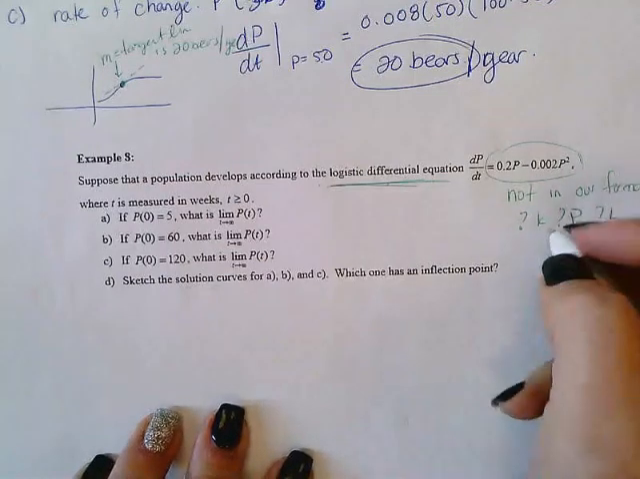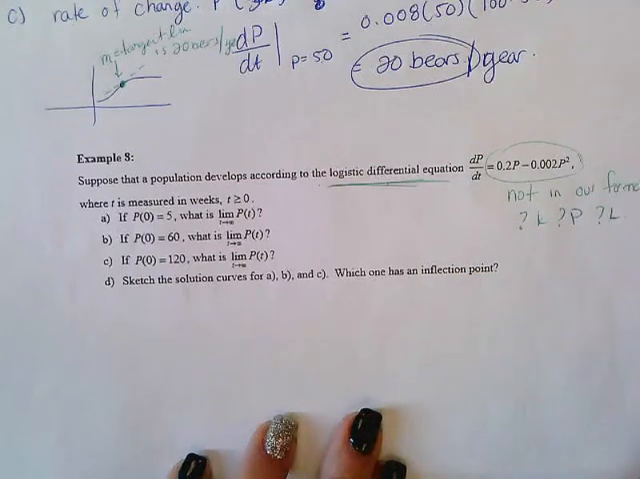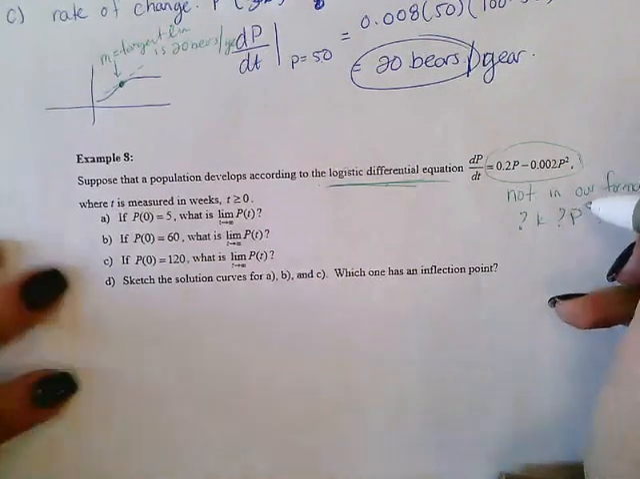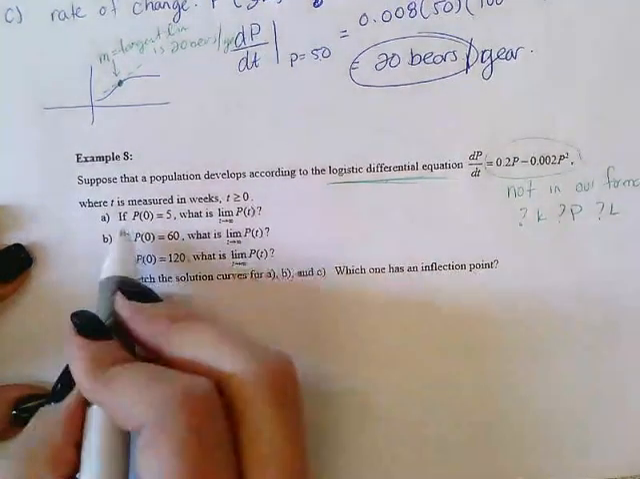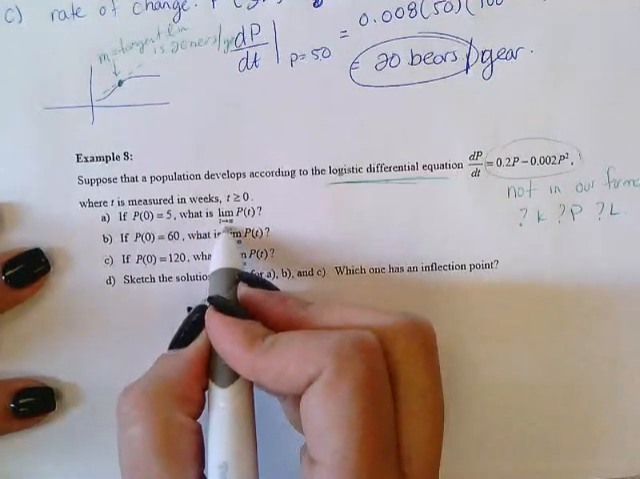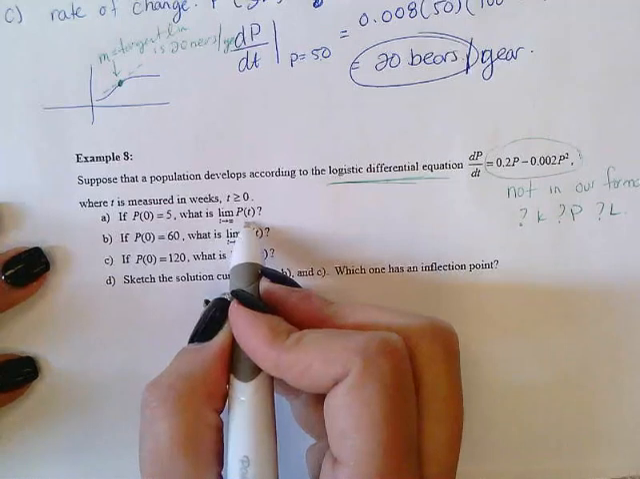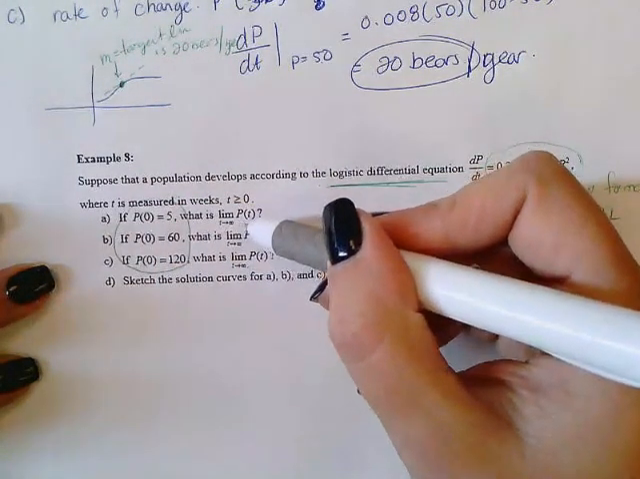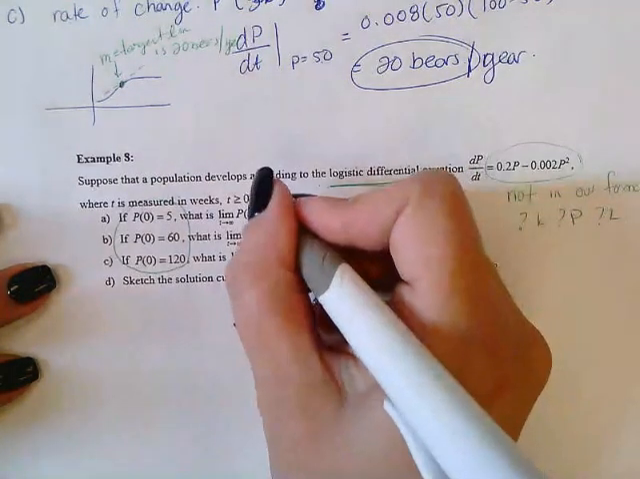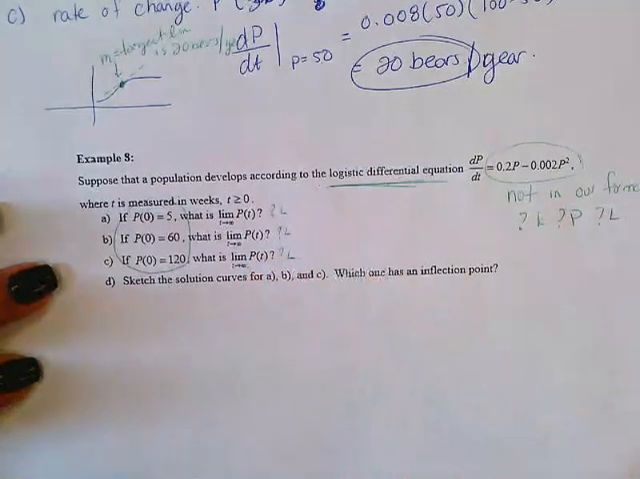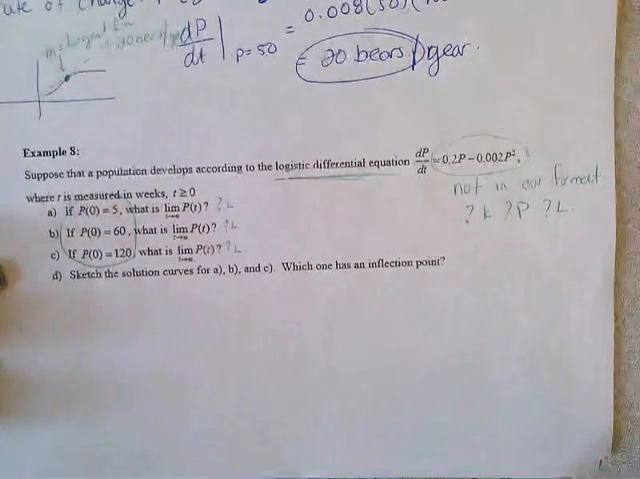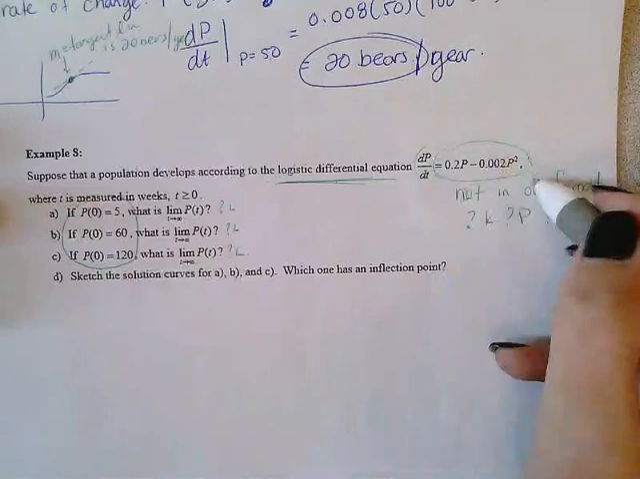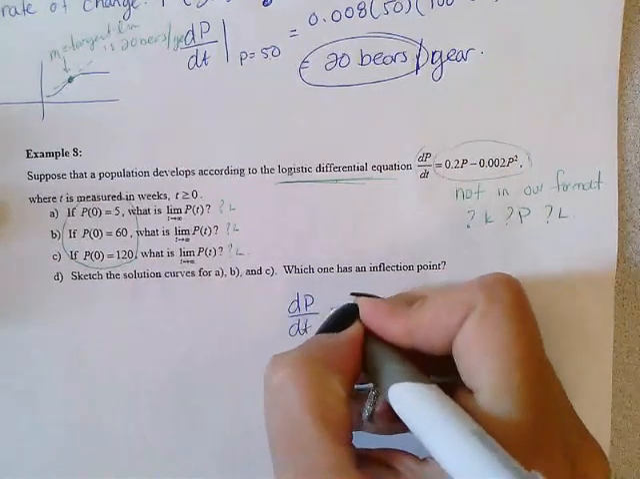So what we want to do is rewrite this in that form. I haven't even looked at the questions yet, but we do want to rewrite it so that we are able to answer them. Now look at this first question. If P of 0 equals 5, what is the limit as t approaches infinity of P of t? Really, all of these are asking the same thing. What is the limit as t approaches infinity? The question is, what is L? They're all going to be the same exact answer because it's the same exact function. So this furthers the idea that we have to rewrite this in the form that we know, which is dP/dt equals kP